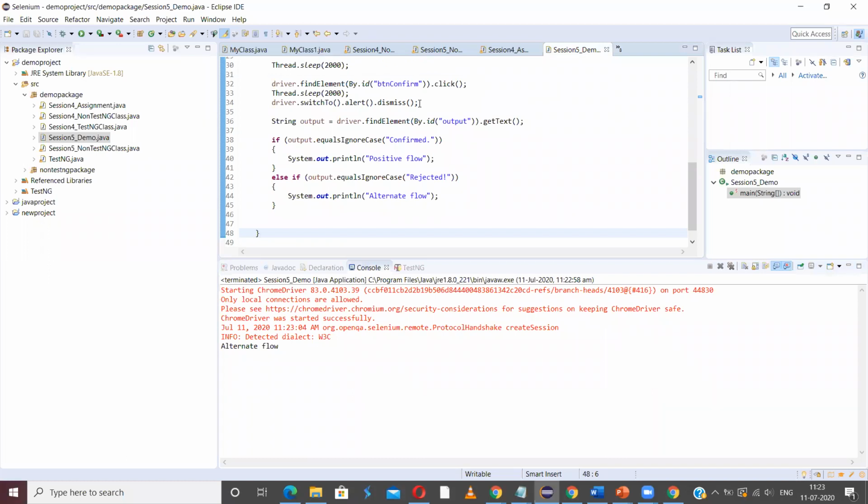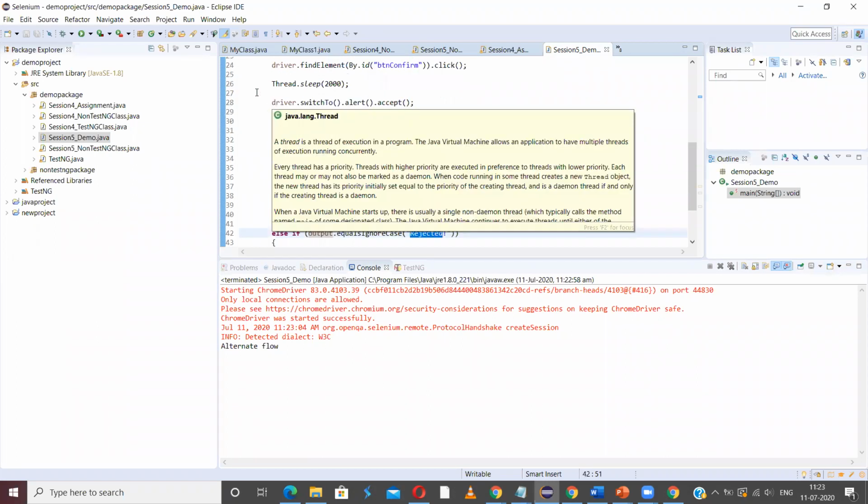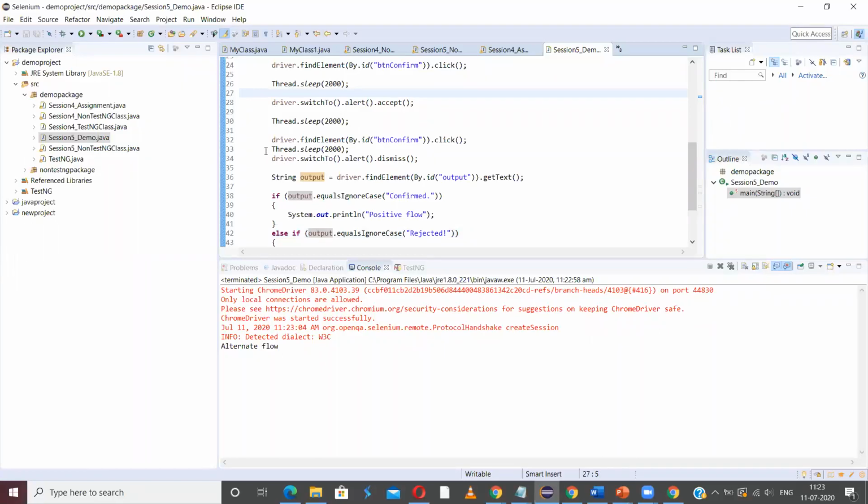That means it has returned the rejected value, and whatever is returned, the rejected value will be in output, and we are comparing that with this expected value. So for example, let me comment out dismiss first.